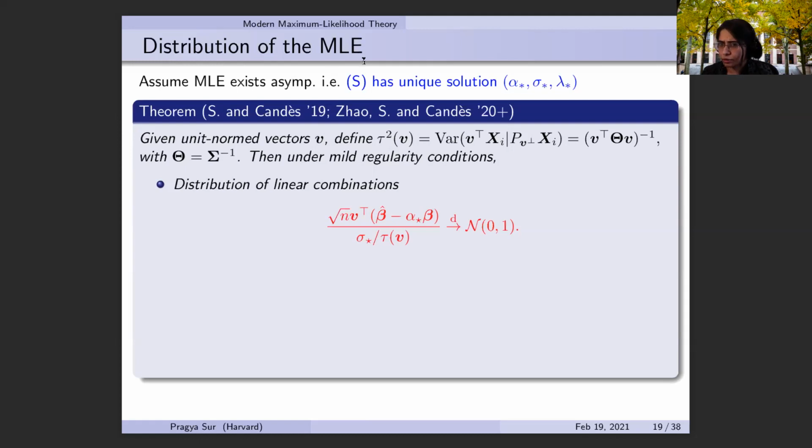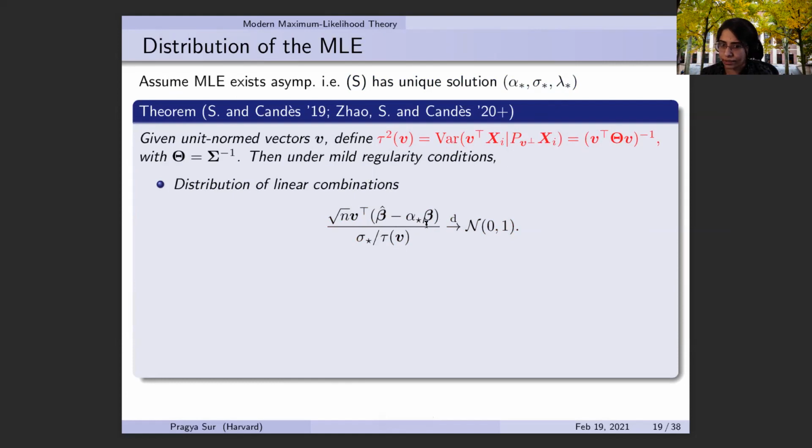Recall the system of equations I just presented. We are in the regime where the MLE exists, so the system has a unique solution. Let's name the solution alpha star, sigma star, lambda star. It's a triplet. Then if you look at any linear combination of the MLE vector centered around alpha